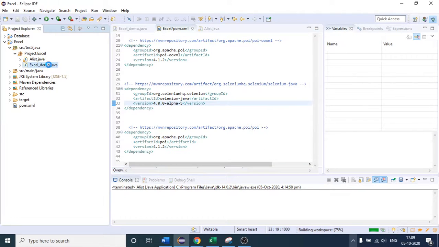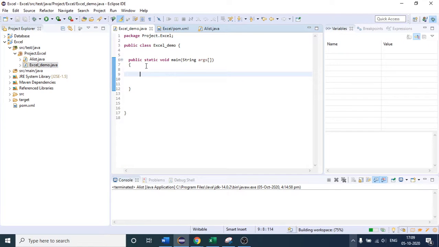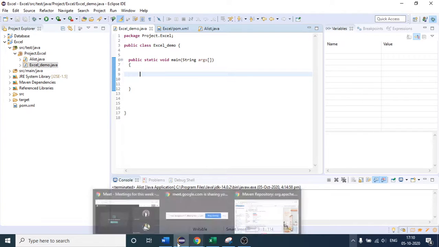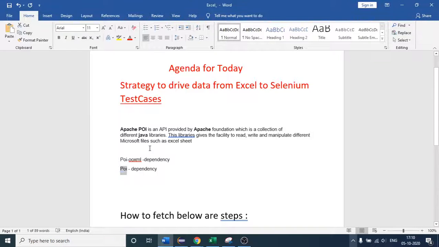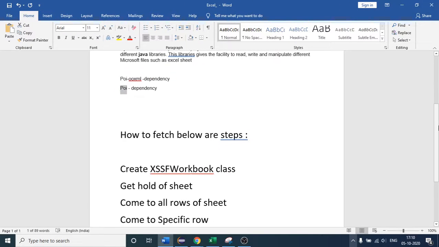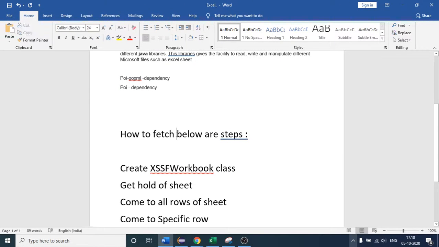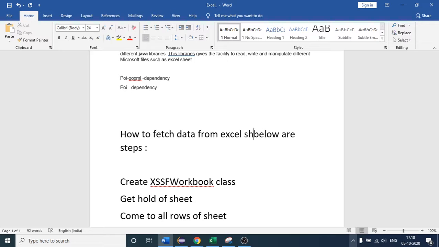Then I will come to my Excel demo class. I think it is still building. So let me first come to how to fetch data from the Excel sheet.